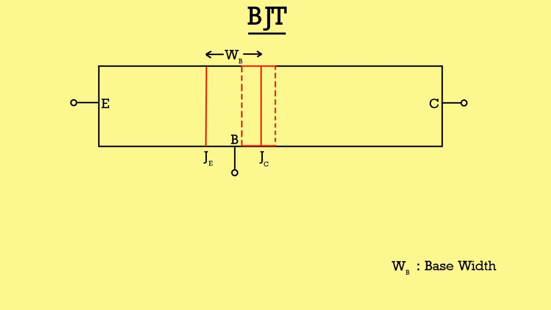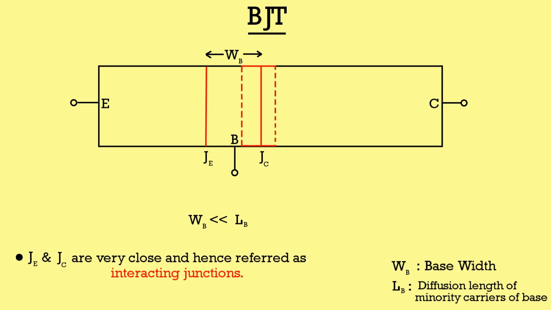In the previous lectures, we observed the efficiency of BJT increases as the base width decreases. As a matter of fact, in practical BJT the base width is very small compared to the diffusion length of minority carriers of the base. In a non-bookish way, I tried to teach you that BJT is actually composed of two PN junctions, by considering BJT in active region by bringing one forward biased PN junction and one reverse biased PN junction together. The junctions are so close that they begin to interact with each other,